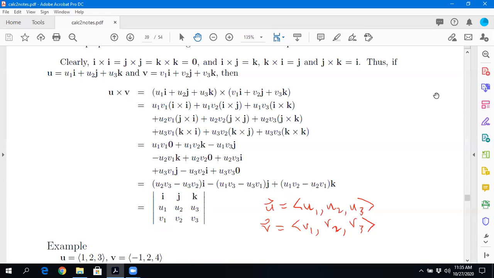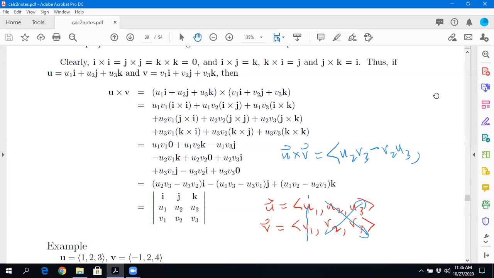I've listed V below U. And then I say, okay, well, what's the first coordinate of U cross V? Okay, well, for the first coordinate, I just cross out the first entries and I go this times this minus this times this, yes? So it's going to be U2 V3 minus V2 U3,